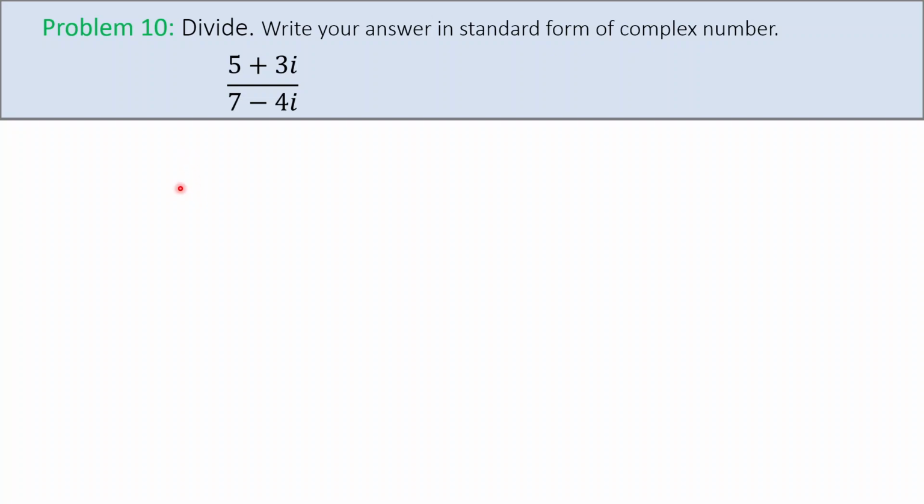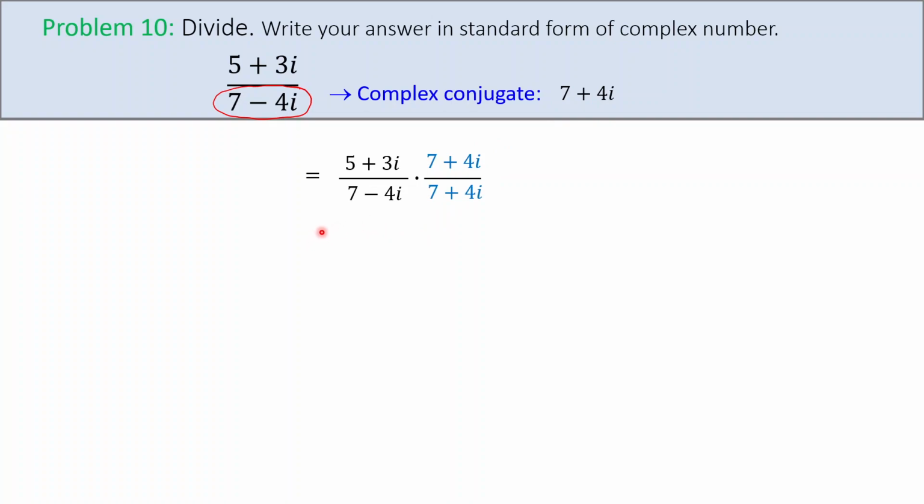Now we do this problem. You need to divide this complex number by this complex number. So this is equal to, first write this. Now take this complex number and find the complex conjugate. You change this sign. You get 7 plus 4i. Now you need to multiply and divide this. So multiply and divide. Put parenthesis